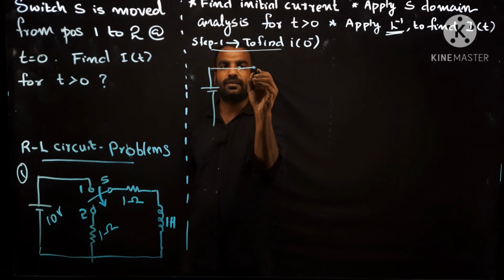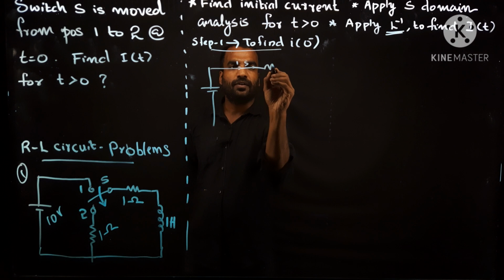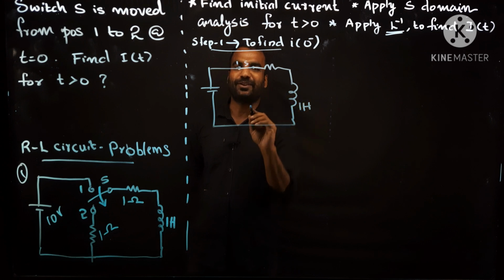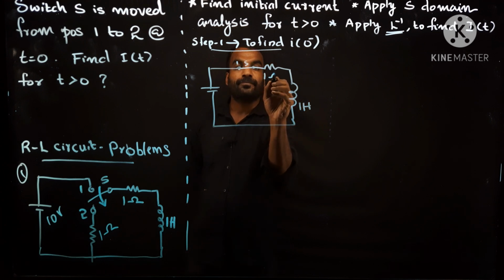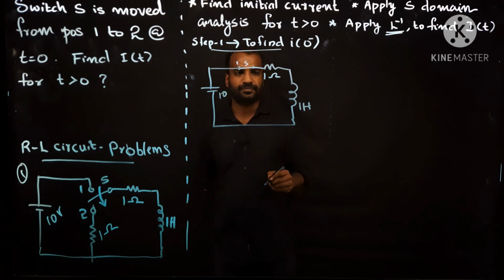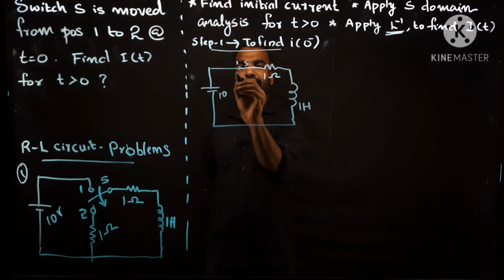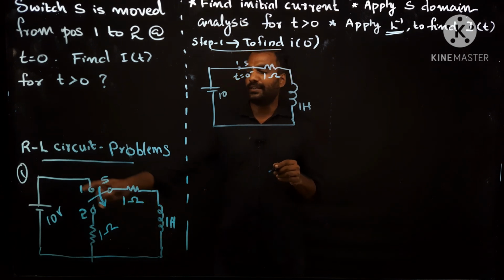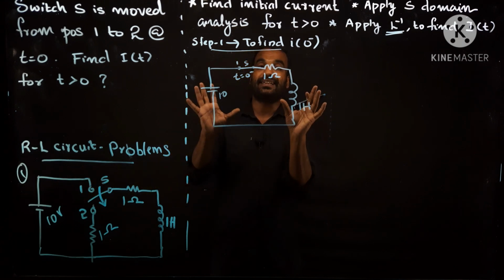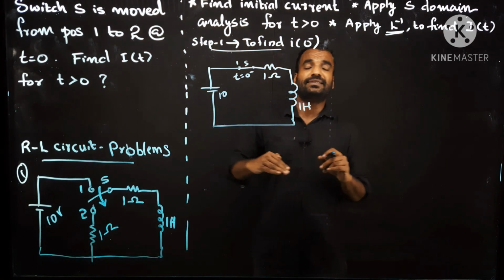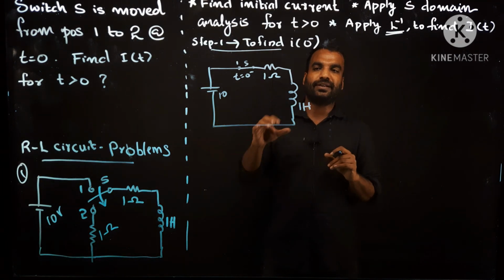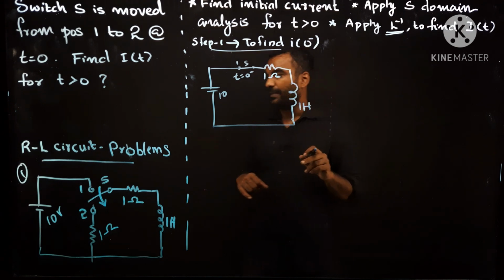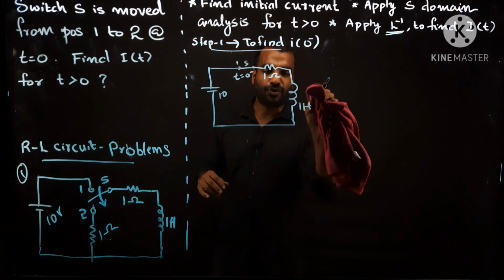This is the condition. The switch is closed at 1, a 1 ohm resistor is there, and a 1 henry inductor is there, but I have to replace it with an open circuit or short circuit. We will check. At t equal to 0 minus, initially the switch was connected to 1, and it is steady state, because from negative infinity to this instant, they are in the same position. So the inductor will reach steady state. In steady state, we can replace the inductor with a short circuit.